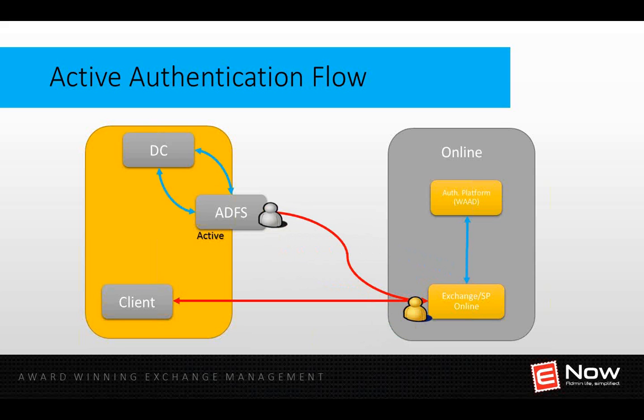But because of the way that Outlook works, it wouldn't understand the redirect that it would normally get. So Exchange will actually go to the authentication platform for you, will try to authenticate, and from there on, what happens is pretty much the same thing, except it is not your user who is connecting to ADFS, it's actually Exchange Online or the authentication platform who is making an inbound connection to ADFS, who is going to present your credentials, who is then being authenticated, so the ADFS service goes to the DC, replies back, the token is crafted,